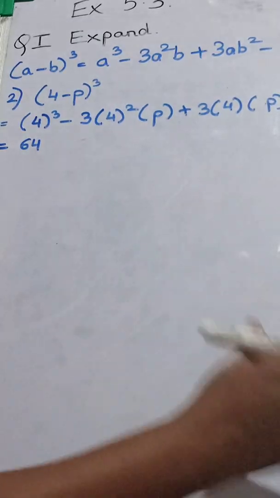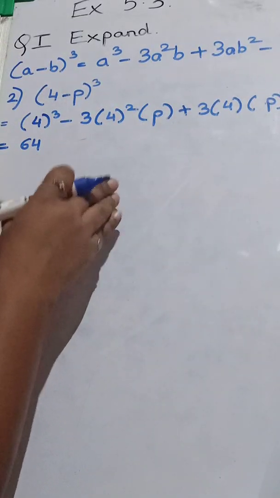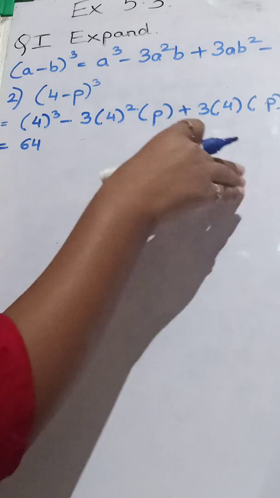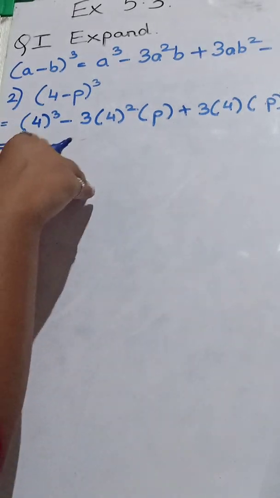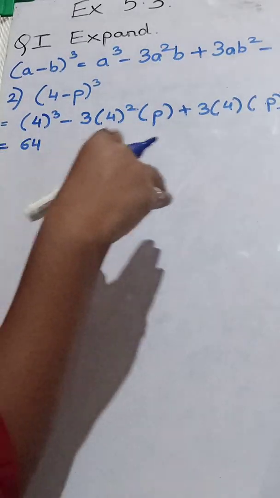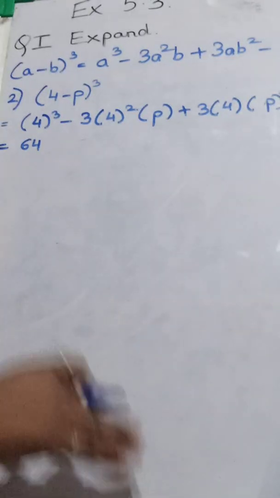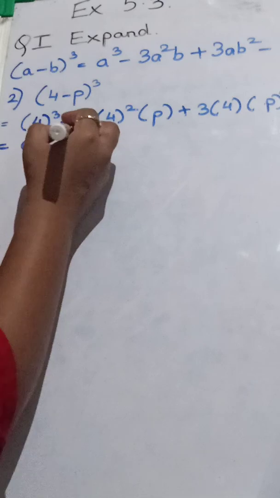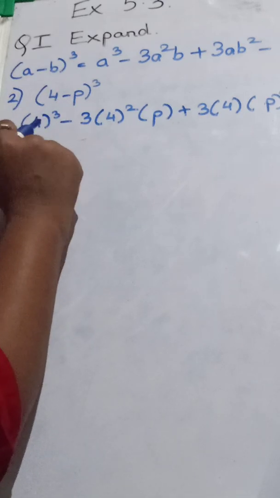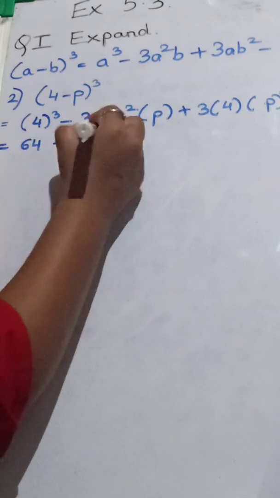You can even write on one paper all the square roots, all the cube roots. That is cube root of 1 is 1, cube of 2 is 8. So you go on writing like that till 10 at least, so that this becomes easy for you to directly solve. So 4 cube is 64 minus 3.